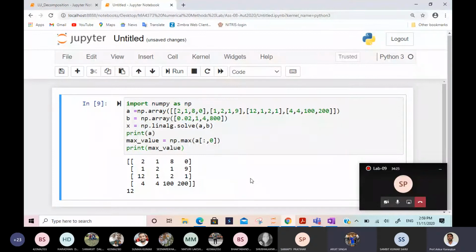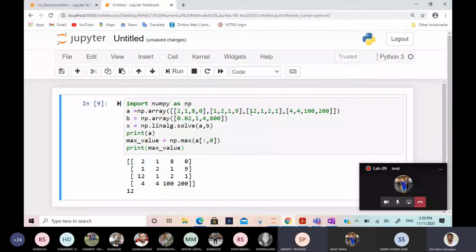Sir, we'll interchange the first row with the row where we are getting the maximum value. Yeah, in this case, tell me which row we have to interchange? 1 and 3. The zeroth row and the second row. Yeah, in this case we have to change the 0th row and the second row, 0 and 2, because this is the first, this is second, this is third, right?